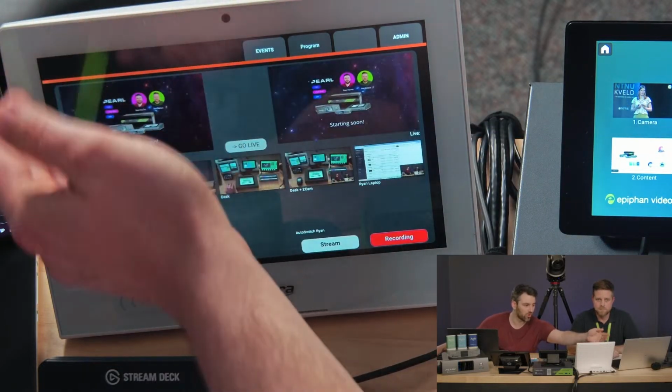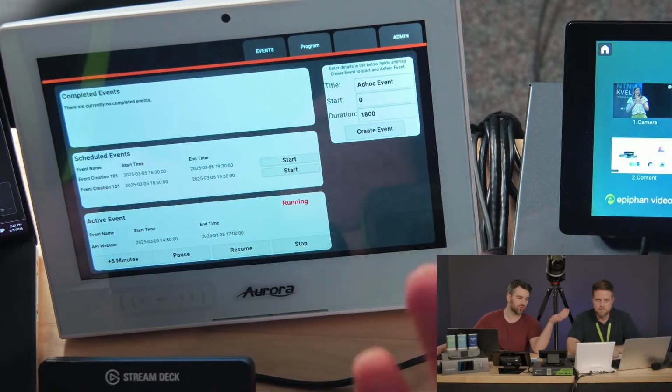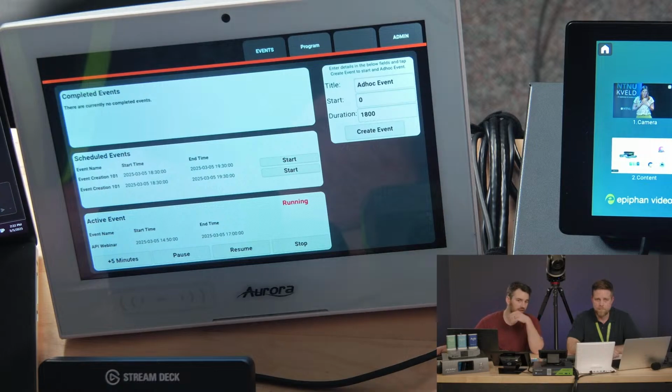It has that program which Dan showed. It also has events, so if you have upcoming events, you can show that here too. You'll be able to push new events, or start ad hoc events, things like that. That's all going to be possible and is possible. So it's really going to open up a lot of opportunity for those developing these systems, and to make them feel as they want them to feel for their end users.